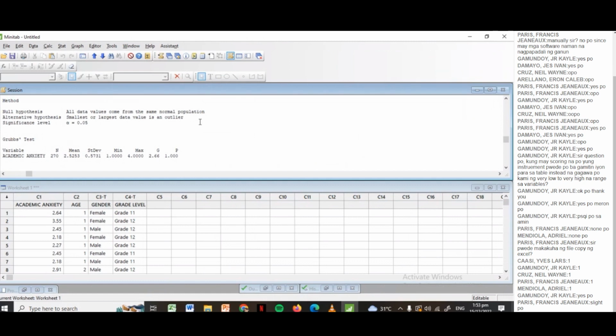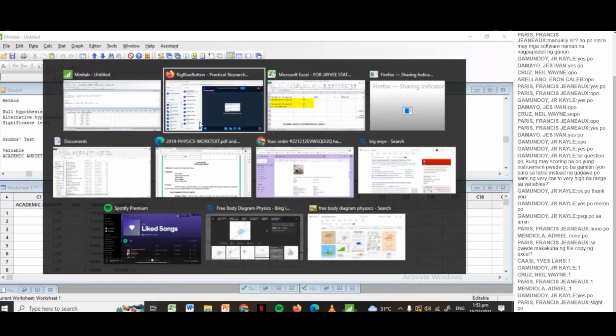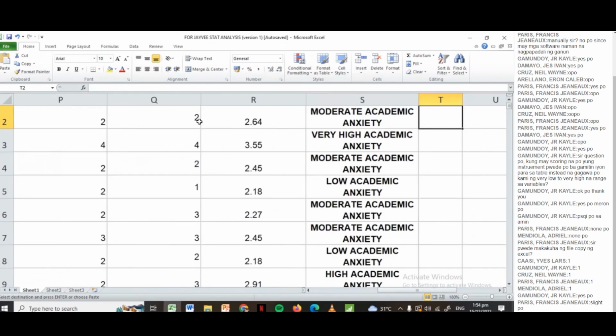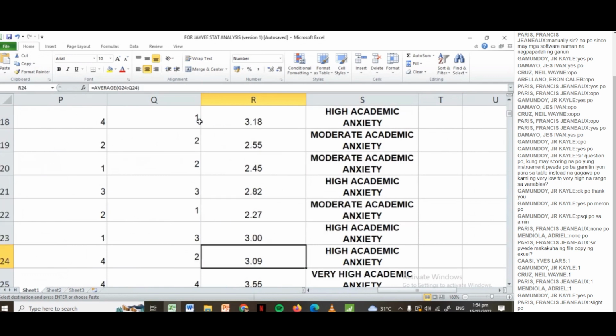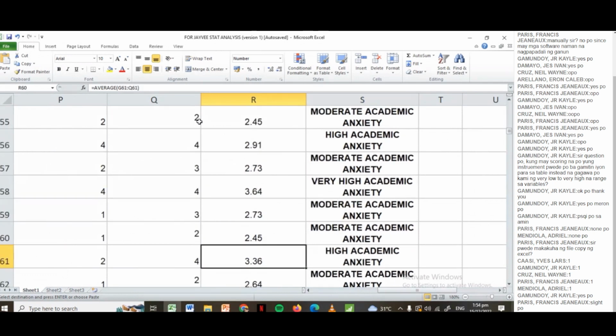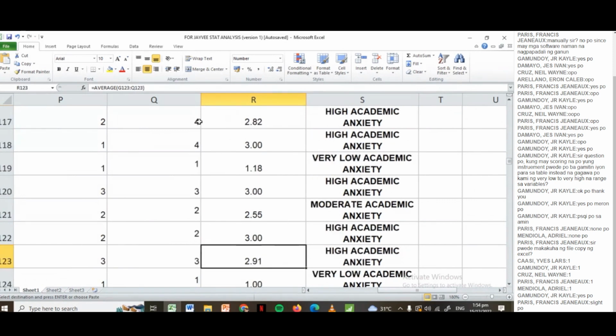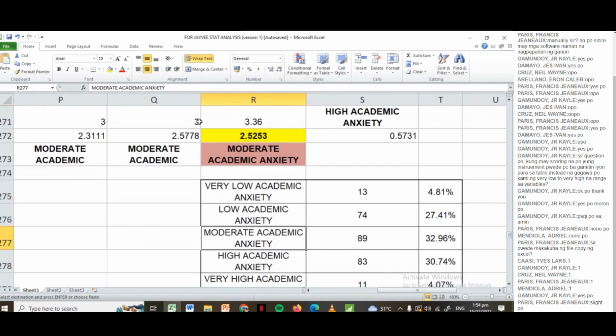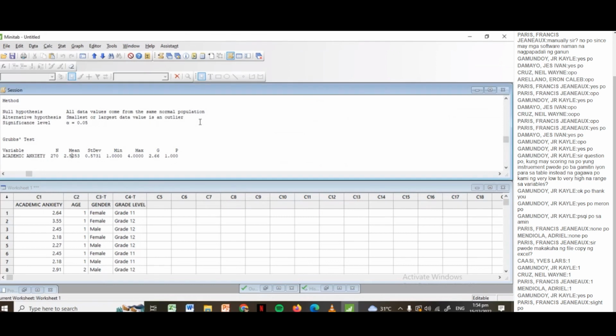Anyway, so N is 270. The mean is 2.5253. It is the same with what we have solved for here, 2.5253. And our standard deviation is 0.5731. The minimum is 1 and the maximum is 4. The Grubbs outlier test value is 6 and our p-value is